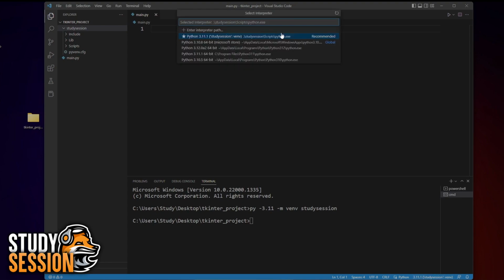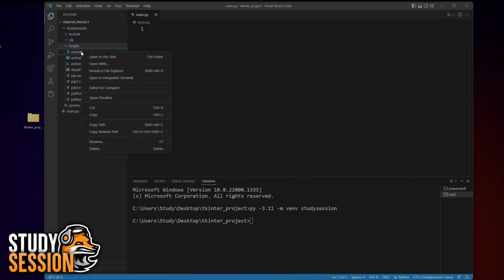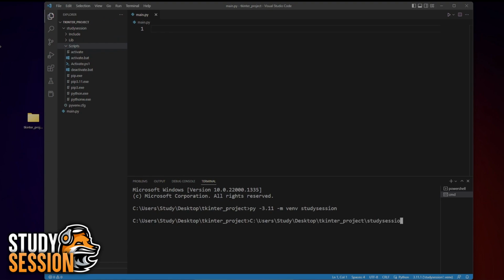So, let's activate our virtual environment so that our terminal knows we only want to work within that environment. So, we need to call this activate file here through our terminal that was created with our virtual environment. So to get there from our Tynker folder, we enter study session, or whatever your virtual environment was named, scripts, and then activate. Be sure that you are using // when moving between folders. Now, as you can see, we are working within our virtual environment because of this parenthesis name here on the left of our terminal line.